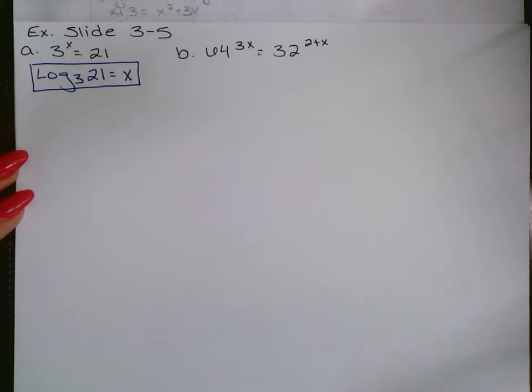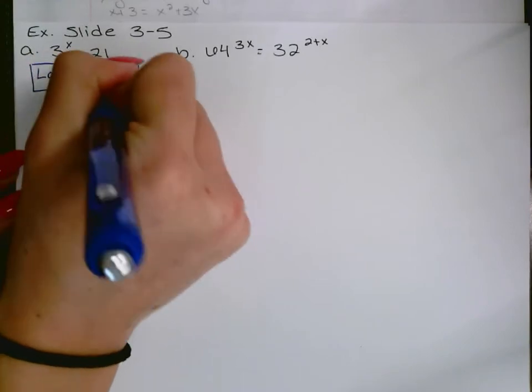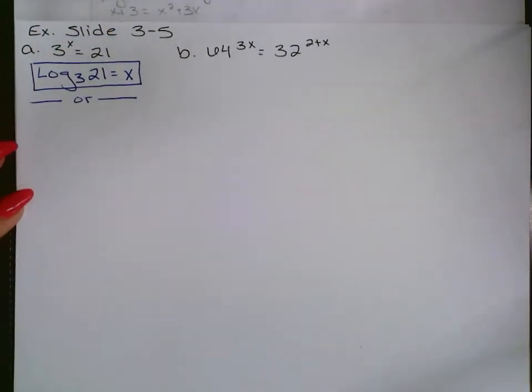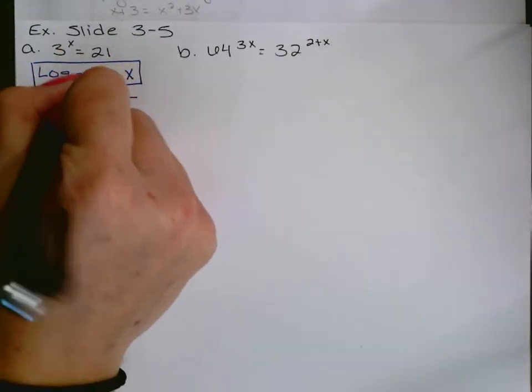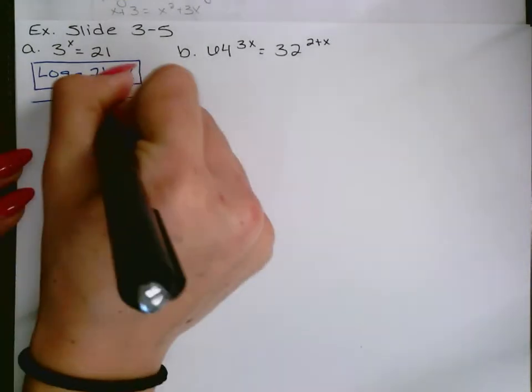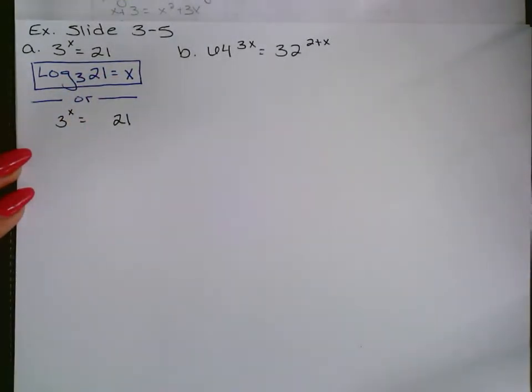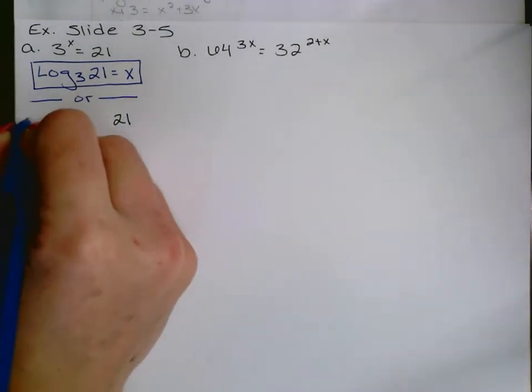Option number 2, if you couldn't catch to use the conversion rule, is the one that works every time, which is to apply the log to both sides. Now, every time I say a rule for log, it applies the exact same way for ln. Remember, ln is just a type of log. So as long as you stay consistent, like don't use log on one side and ln on the other, that will give you a wrong answer. So here, if I put a log on both sides,